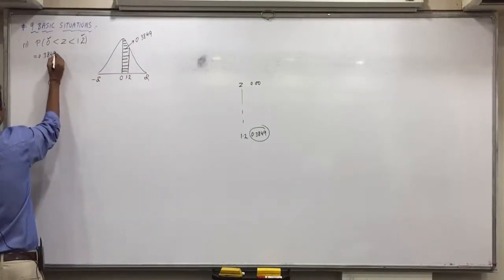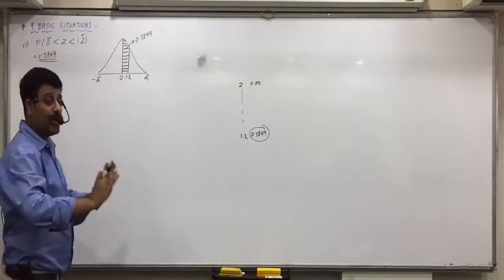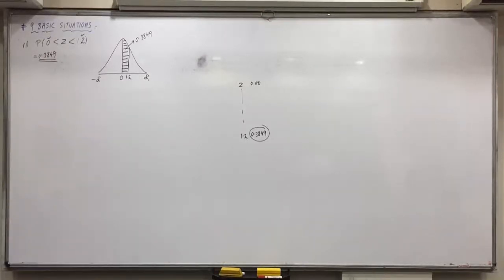This is the probability. This is the first basic situation, which explains how to see the table. With pen itself you will make the diagram. It need not be perfectly bell-shaped and symmetrical. If your diagram is slightly skewed, positively or negatively, that's fine. Shading should be in the correct region, and the area which you see from the table should be correct. Anyone who did not understand the first basic situation, how to see these values in the table? Everyone is clear? Yes. Now one more new point in the table on how to see it. Anyone still writing this? Raise your hand. Complete it now.